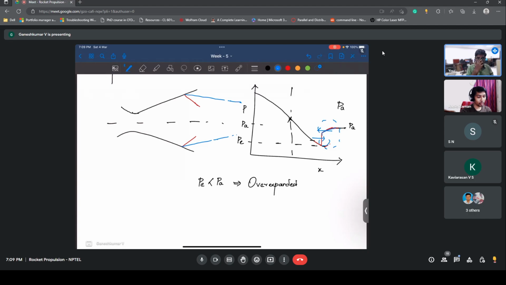So having understood how flow separation happens, you need an adverse pressure gradient in order to have flow separation. Okay, and that adverse pressure gradient you will get only when there is an over-expanded nozzle, right? If not, you won't get an adverse pressure gradient and you are not going to get flow separation. And so what the question says is,